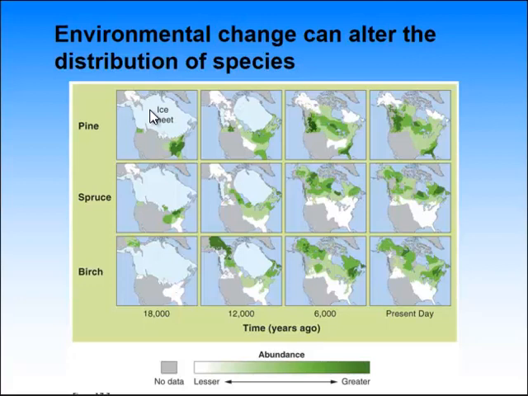So scientists found a lot of pollen from the pine in this location that was fossilized, and that indicated its distribution. And then eyes, follow down the chart, and look at the distribution of the spruce and birch trees. So the green tells you where they were. The darker the green, the more that there were. Now we go back to the pine, and we look at how its distribution changed as the ice sheet retreated, and the climate obviously warmed. It's all over the place, especially more north.